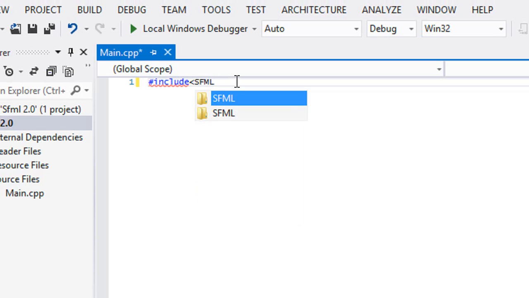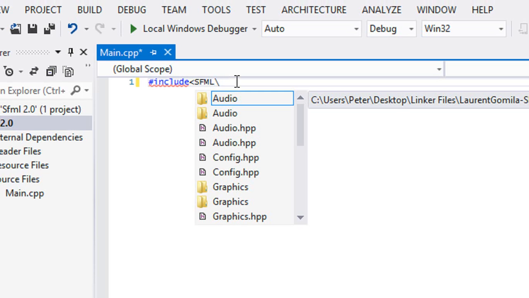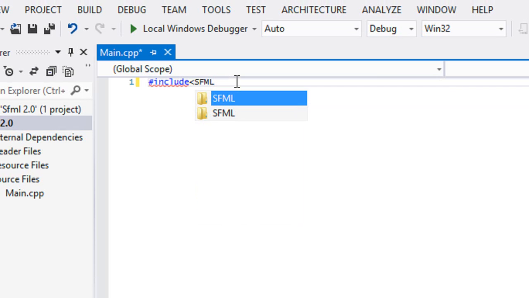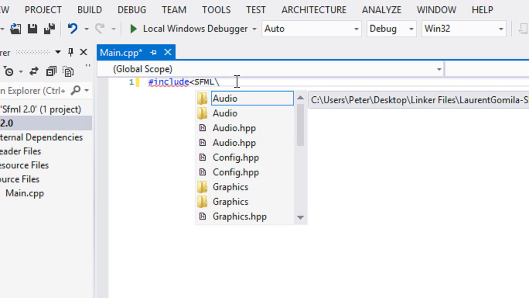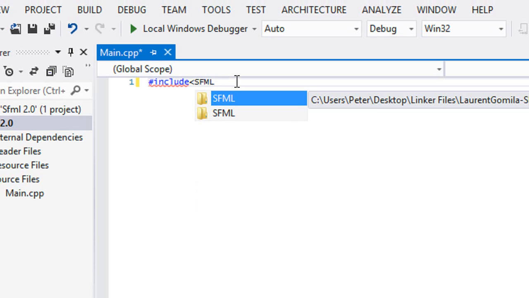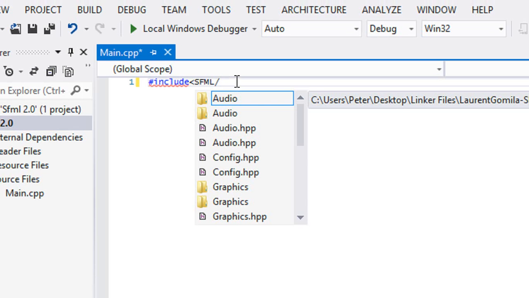Because the backslash is not cross-platform. I wouldn't say it's for Windows only, but I know operating systems such as Linux and Mac, I believe, do not use the backslash. So if you used your code on those, you would have a problem trying to compile it. So put the forward slash, and we're going to include